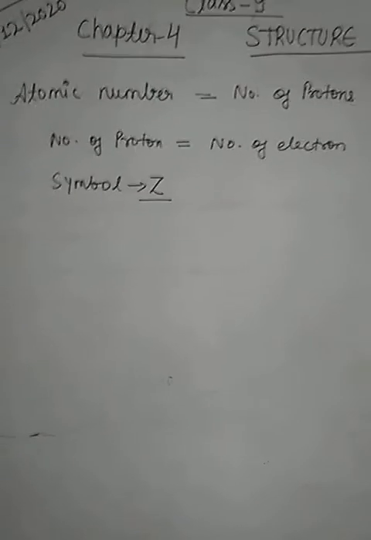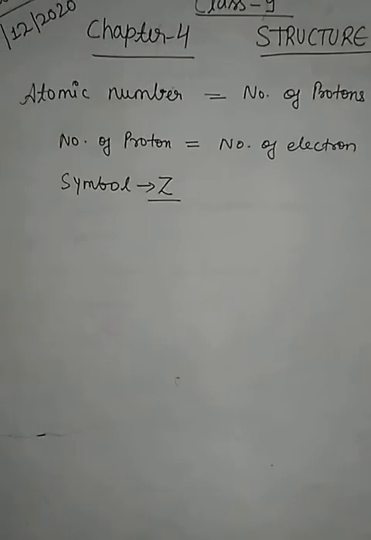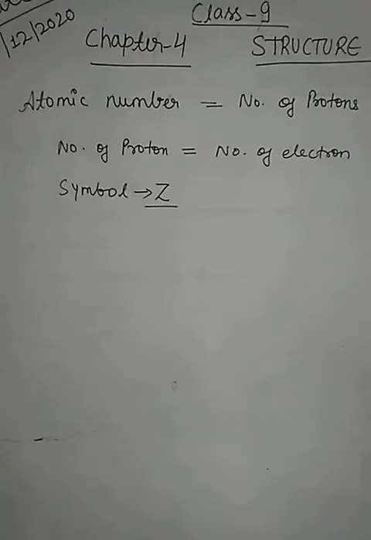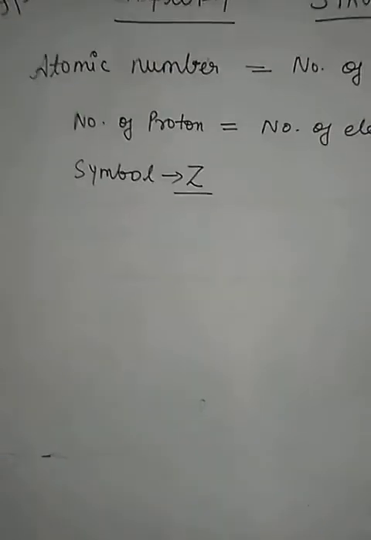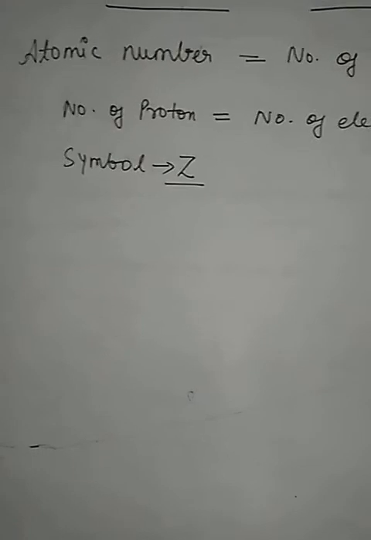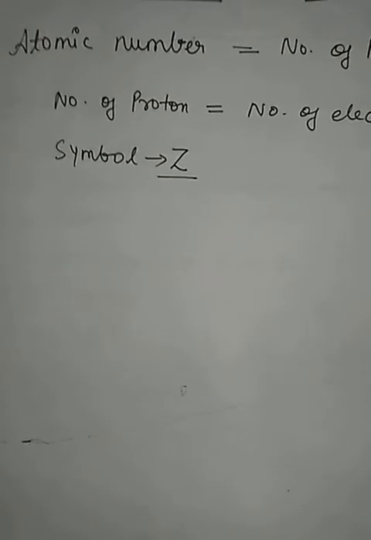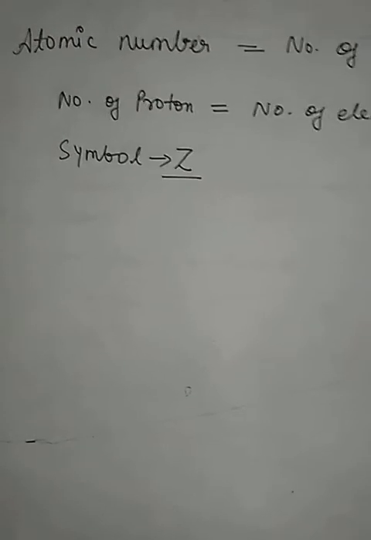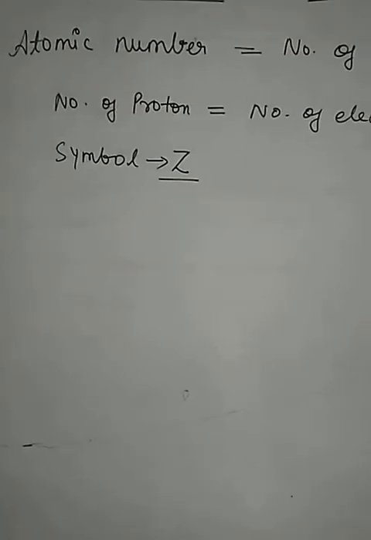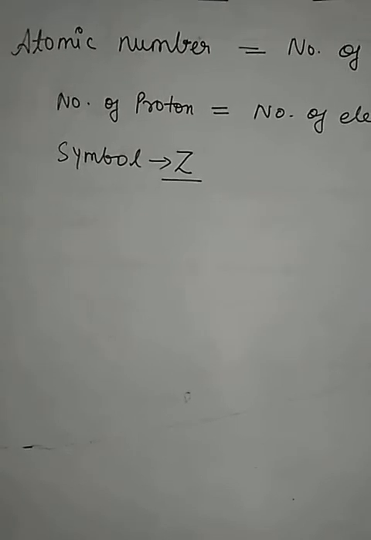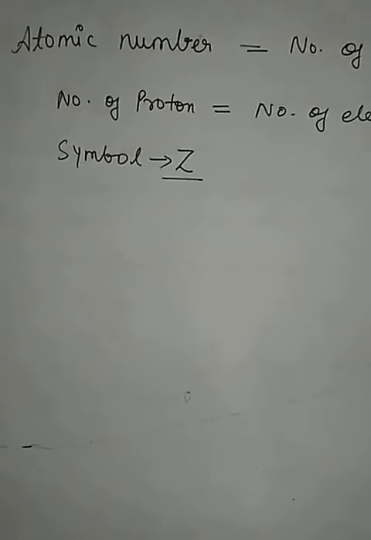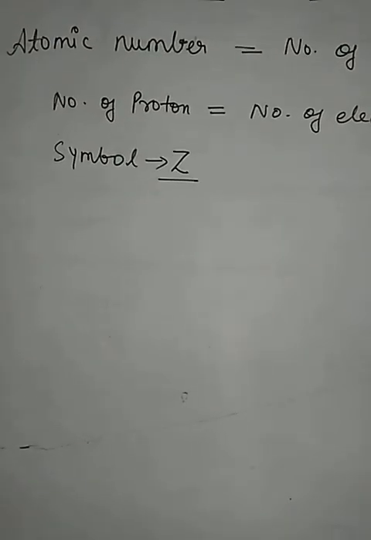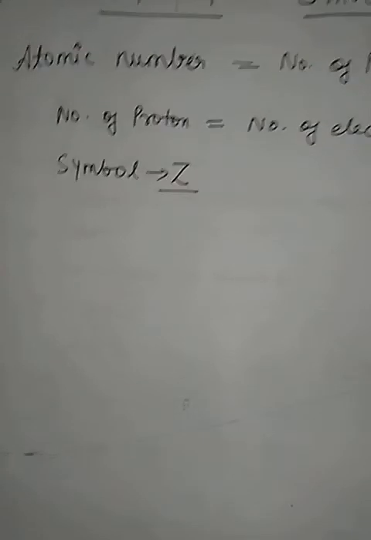The number of protons is stable, and that is why we can say that the atomic number of the atom is always equal to the number of protons present in the given atom. Children, only the electrons of an atom take part in the chemical reaction, and the protons do not. So during a chemical reaction, the number of electrons in the atom may change, but the number of protons remains the same. And that is why the atomic number of the element does not change during a chemical reaction. It remains the same.